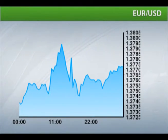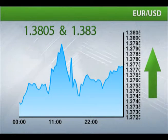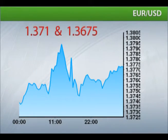Forex4you, in cooperation with Trading Central, one of the leading American financial advisors, provides you daily trading signals from experts of the field. If your pair is Euro versus US dollar, our preference is to open long positions at 1.3735 with targets at 1.3805 and 1.383 in extension. The downside breakout at 1.3735 will open the way to 1.371 and